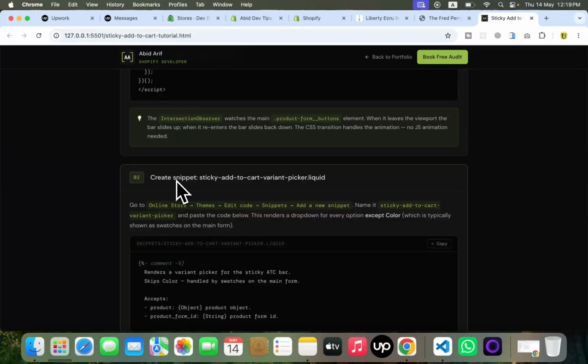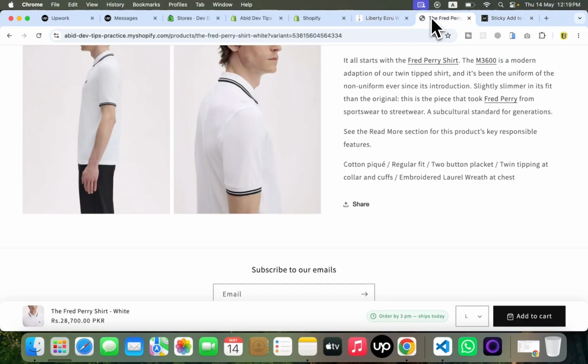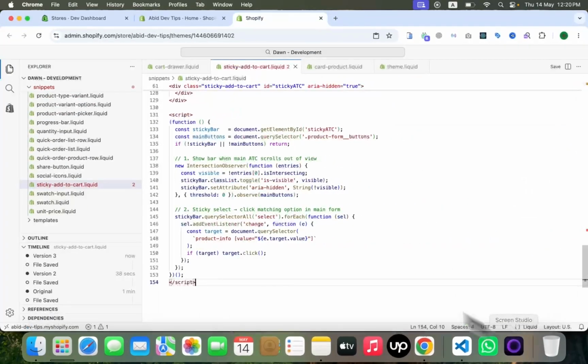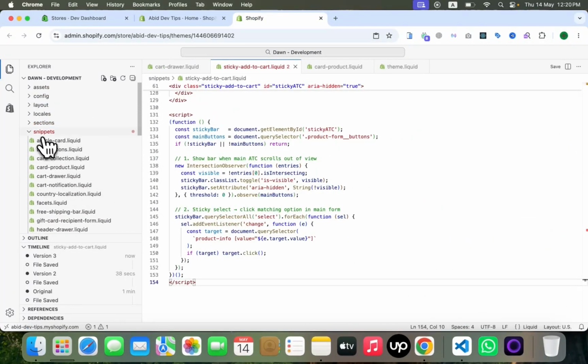Step number 2, create snippet sticky add to cart variant picker.liquid. So this is the sticky add to cart variant picker. Copy this code and create a new snippet, sticky add to cart variant picker. Right click, create new file, sticky add to cart variant picker.liquid.